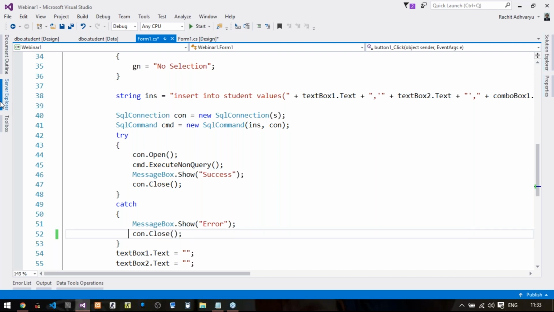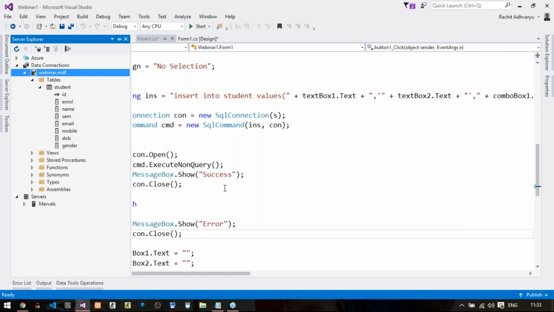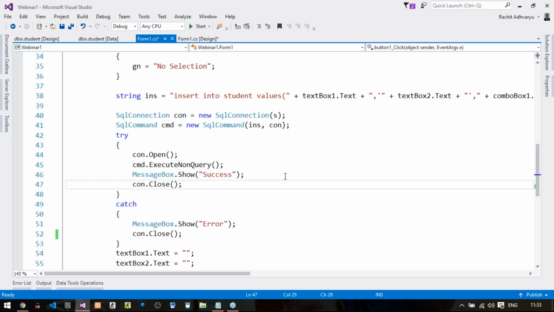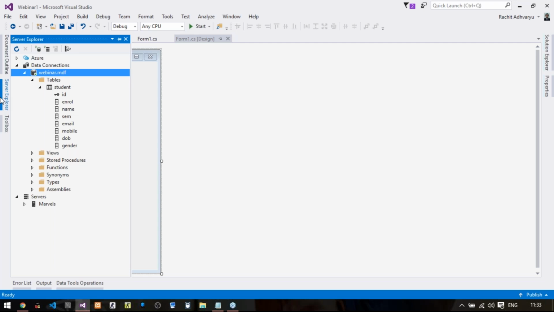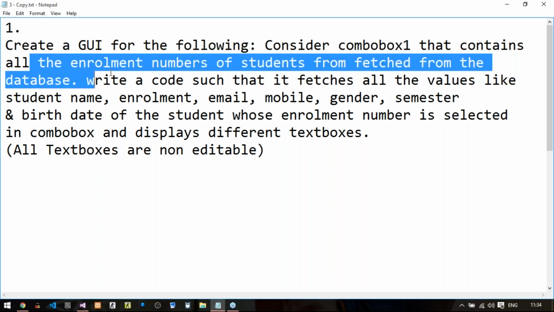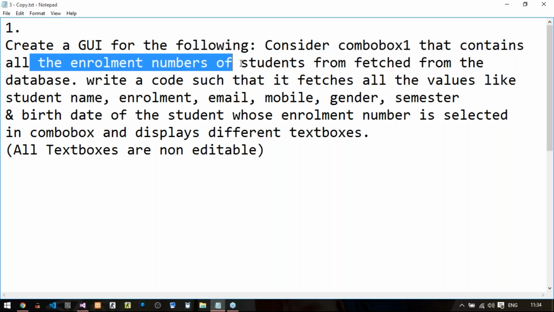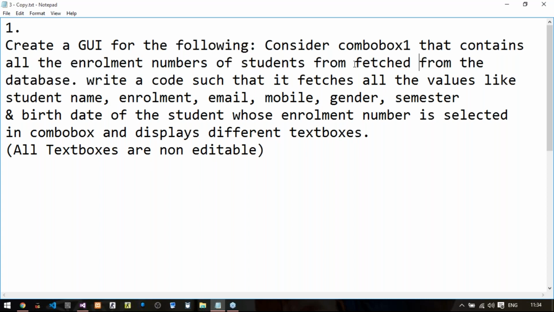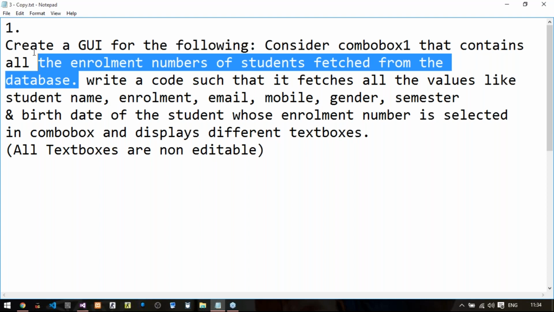So moving on, continuing with this particular database only, my next task is, you just read out this task. We want to create one GUI in which we have one combo box. That combo box contains all the enrollment numbers of the students that we are going to fetch from the database. So this is the first task that I'm highlighting right now.